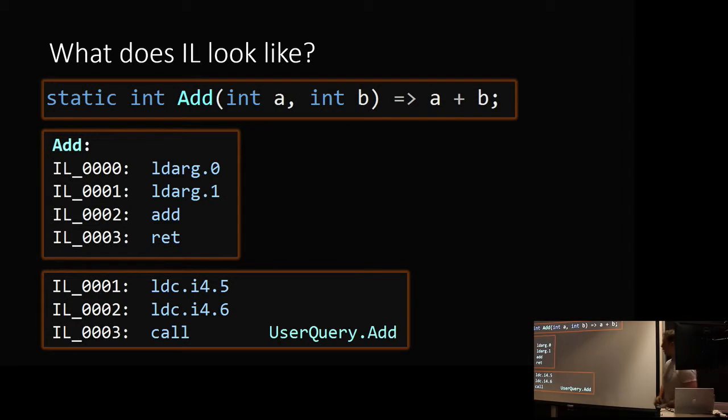Now, what does IL actually look like? People just call it IL, by the way, not CIL. If I was to write a method like add that takes A and B and adds them, it would just be 4 instructions. We just load argument 0, load argument 1, and what this does is it takes argument 0